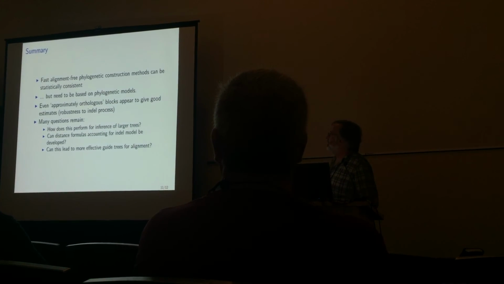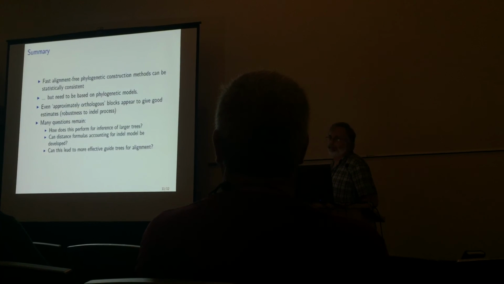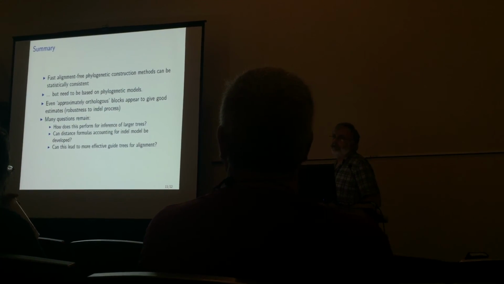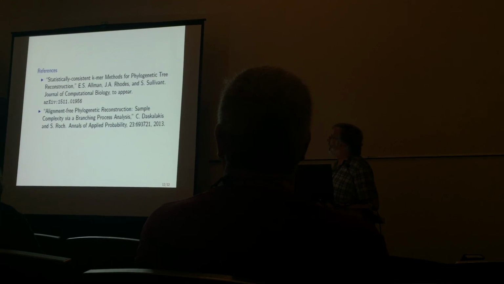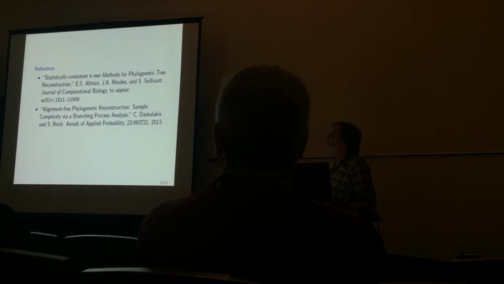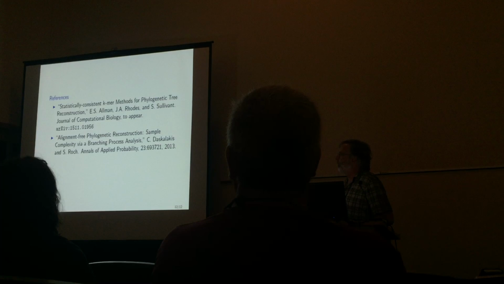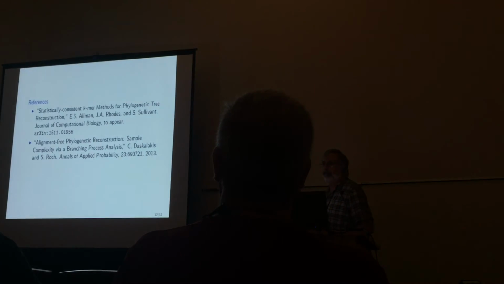We definitely need to extend this to an indel model, and the question is, even if you want to use an alignment, could this lead to more effective guide trees than what's being done now? 2 references: our paper to appear is already on the archive, and one that should get some credit by Sebastian Roch and his collaborator, does not look at k-mers at all, but it set us up to be thinking